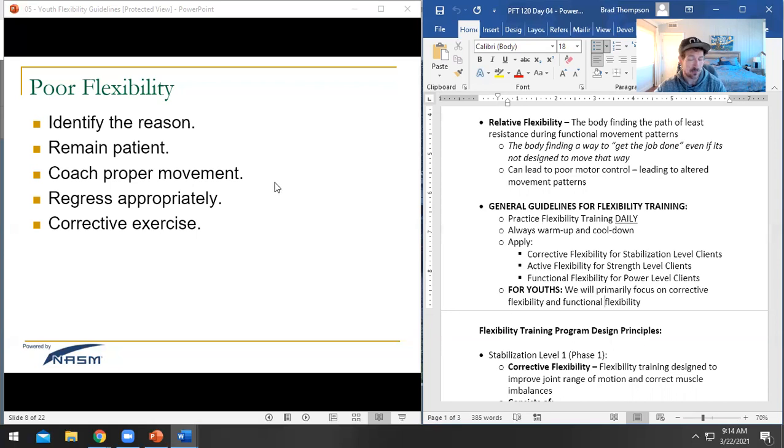Now, if your client cannot move through a full range of motion the way they are supposed to, then you can regress that exercise appropriately, right? So for instance, if somebody's leaning forward during the squat, you can elevate their heels, right? It should be noted, like I said, that is not fixing the problem. That's just getting me through the workout. Now I can use my glutes. Now I can exercise a little bit while being in this position, so I can start to get the benefits of calorie burns and recruiting my glute muscles and stuff like that. I can get those benefits without